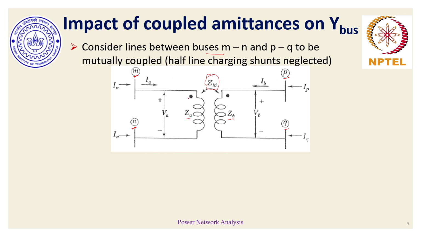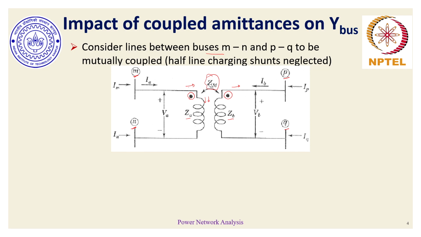And the dot polarity here indicates the direction of polarity in order of how these are coupled, whether the currents are flowing into these dots. So basically the dot polarity means if these impedances carry currents in the same direction of the dot, then the resulting magnetic flux because of these inductive effects would be additive. If the currents are flowing in reverse directions with respect to these dot polarities, then the additive effect is gone, it is actually a subtractive effect. So with this mutual coupling, let us see how this mutual coupled effect